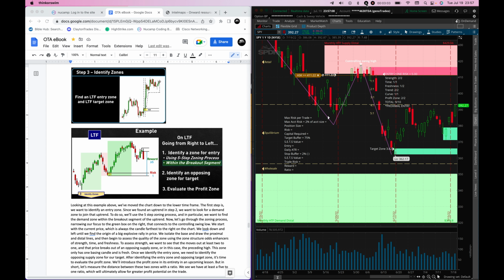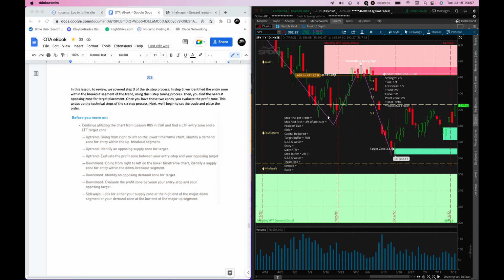Once we identify the entry zone, we need to identify the opposing supply zone for our target. After identifying the entry zone and opposing target zone, it's time to evaluate the profit zone. We'll introduce the profit zone in its entirety in an upcoming lesson. But in short, let's measure the distance between these two zones with a ratio. We see we have at least a 5 to 1 ratio, which will ultimately allow for greater profit potential on